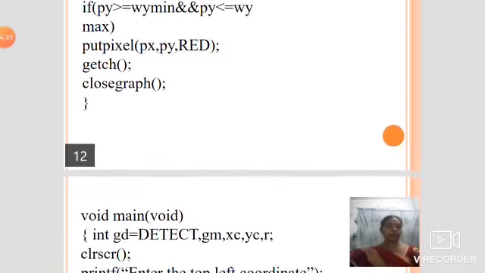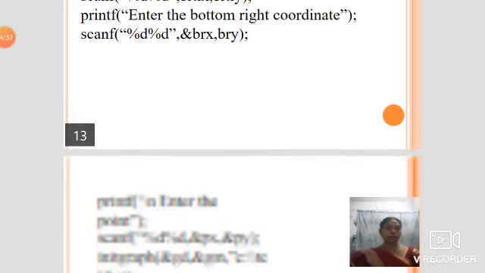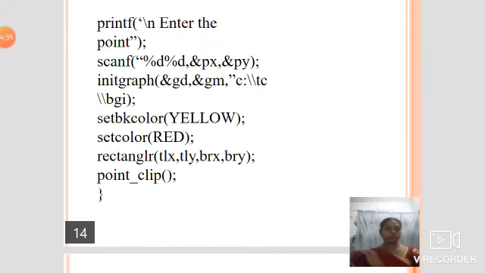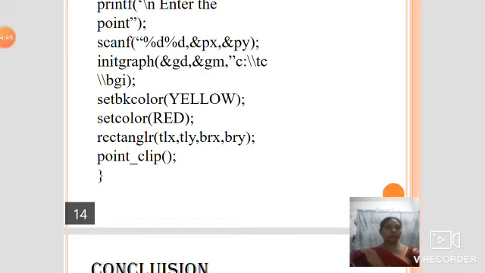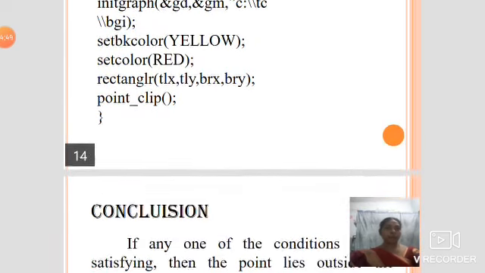Then we close the graph. So here we are using the main method. In this method, we enter the top left coordinate and the bottom right coordinate. We are setting yellow and red colors to show the difference of the lines.